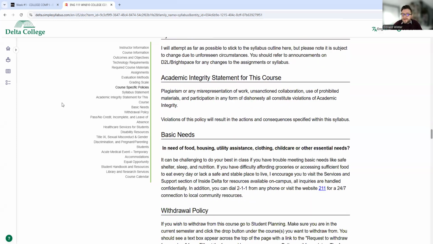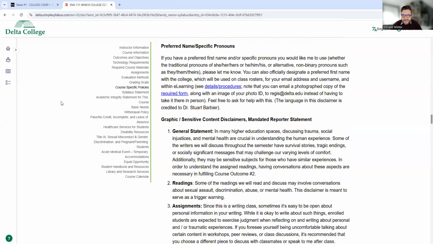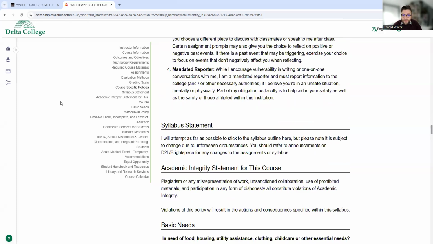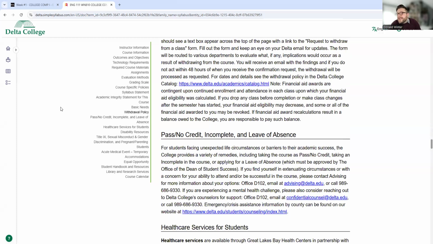Let's see. Academic integrity. Don't cheat or plagiarize. I think I need to update this because I did have an AI policy, and I need to make sure I incorporate AI. When it comes to using AI, I'm fine with you using it to generate ideas, but I don't want you to use it to generate content.